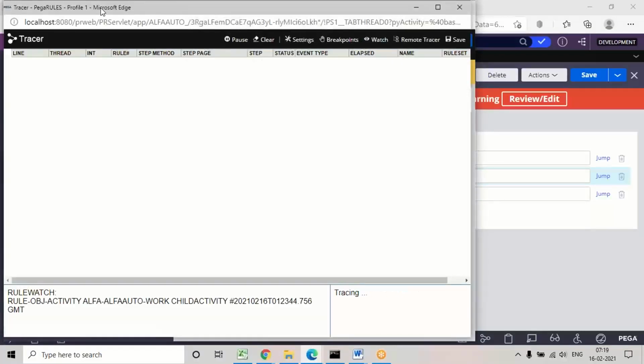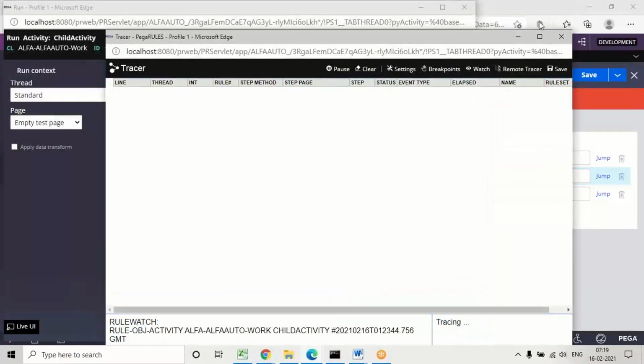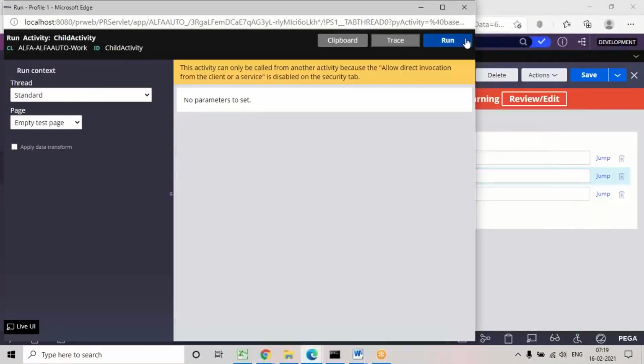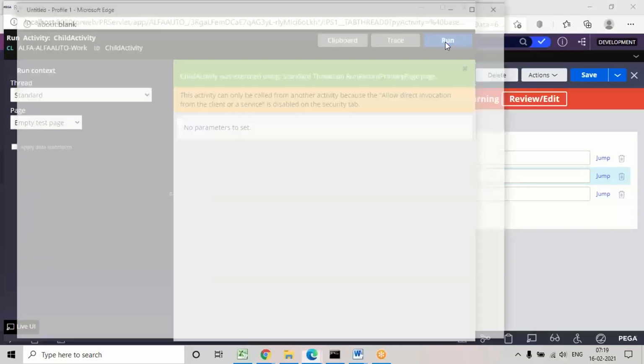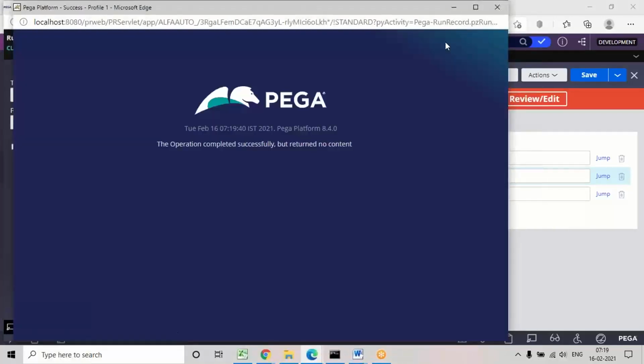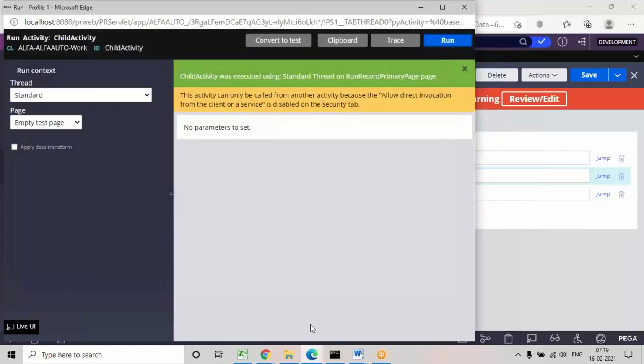Then it will open this window; minimize the window, and now click on the run option. If you turn on the tracer, only then will it show the logs in the tracer tool. So first we have to turn on the tracer, then click on run. Now maximize the tracer window.